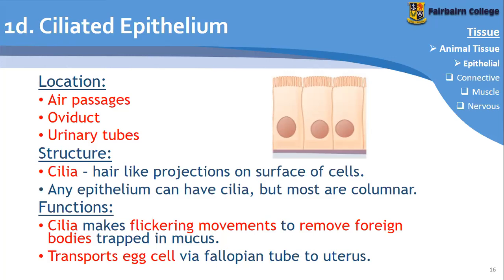So in order to help get the mucus out, these cilia move the mucus up your respiratory tract. You can imagine that it is quite effective at doing it because it has to work against gravity. Gravity wants it to go down deeper into the lungs, but the cilia moves the foreign bodies out into